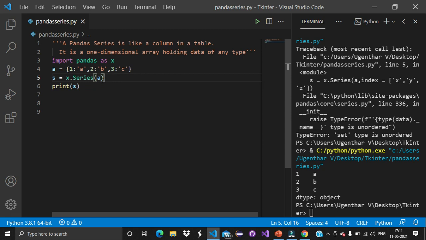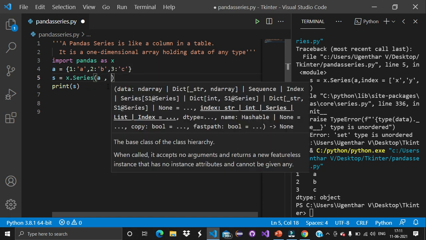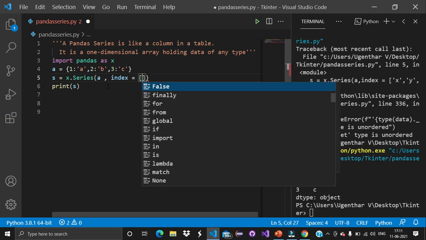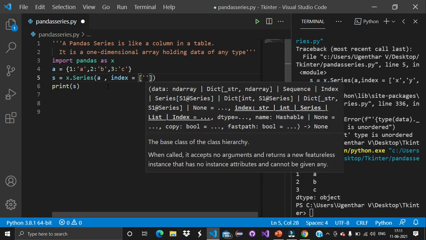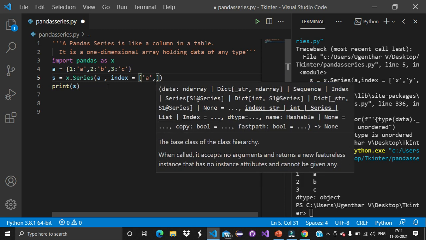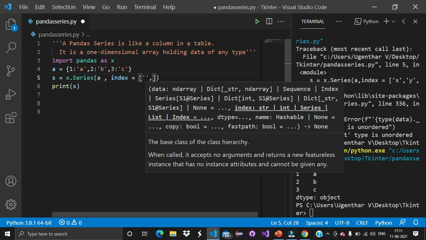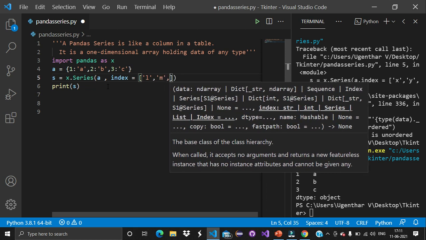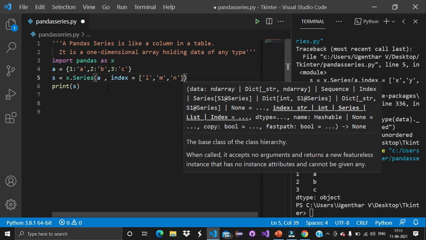Now let's try to give our own index. Let's check whether it works or not. Let's give index values as a, b, c, or else let's give them as L, M, N. Now let me run the code and see whether it works.